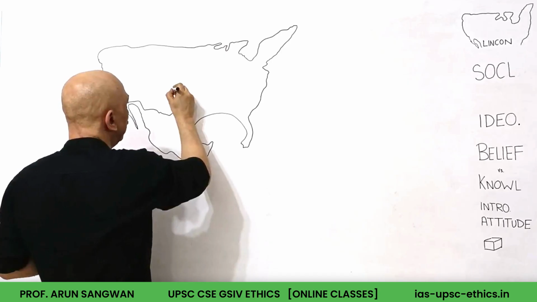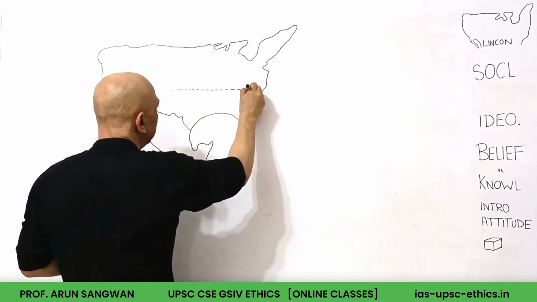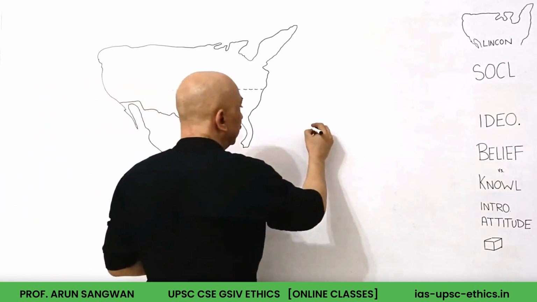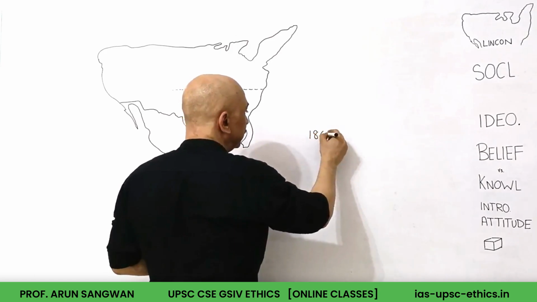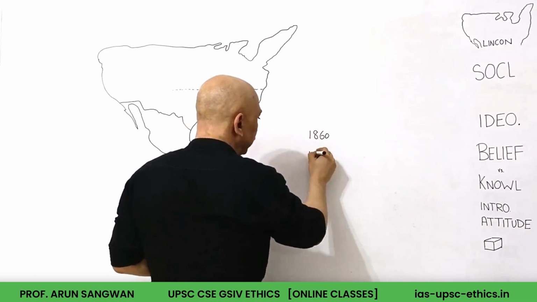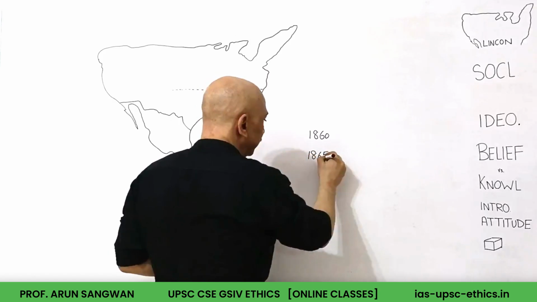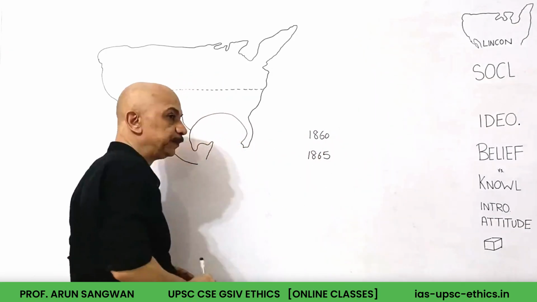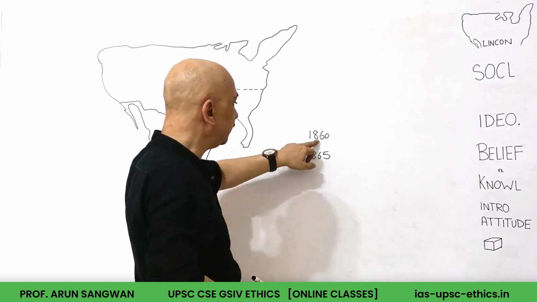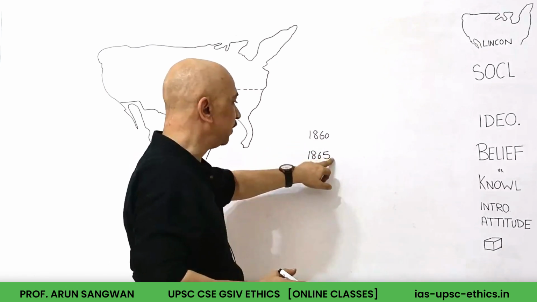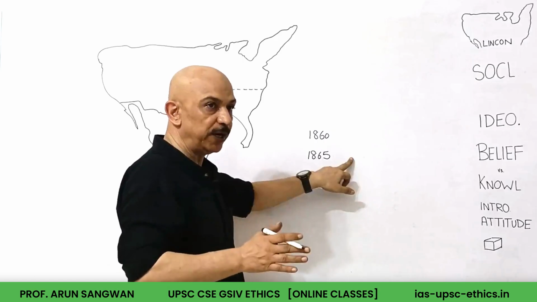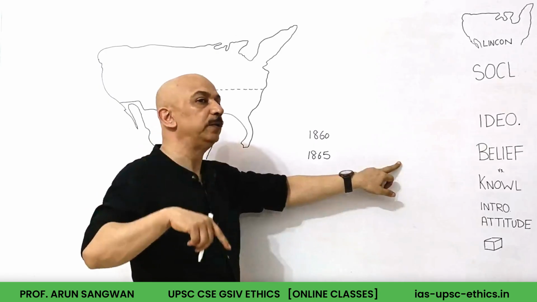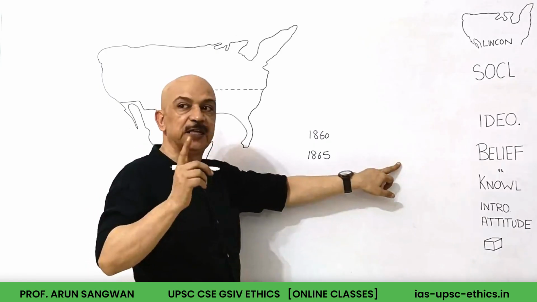American Civil War was fought between the northern and the southern states. So both of these went at war. In 1860 and it finished in 1865. This is when Abraham Lincoln was elected the president. This is when the war got initiated, American Civil War. This is when the American Civil War came to an end and slavery was abolished. But let's go back to the belief. All right. To examine the belief,